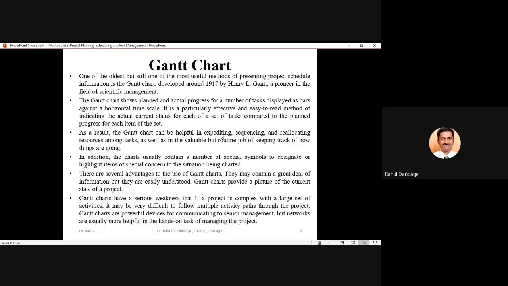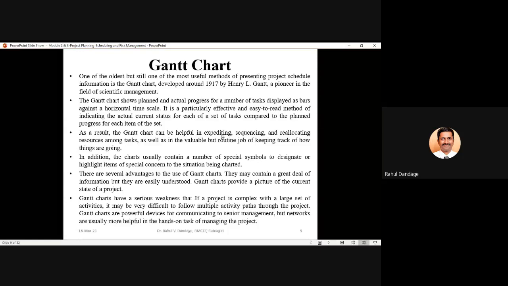So once you have this Gantt chart prepared, you can have two different things shown on it. One is the planned duration and second is the actual duration. Sometimes your activity may get finished exactly as per the plan. In that case, your actual bar will overlap the planned bar.